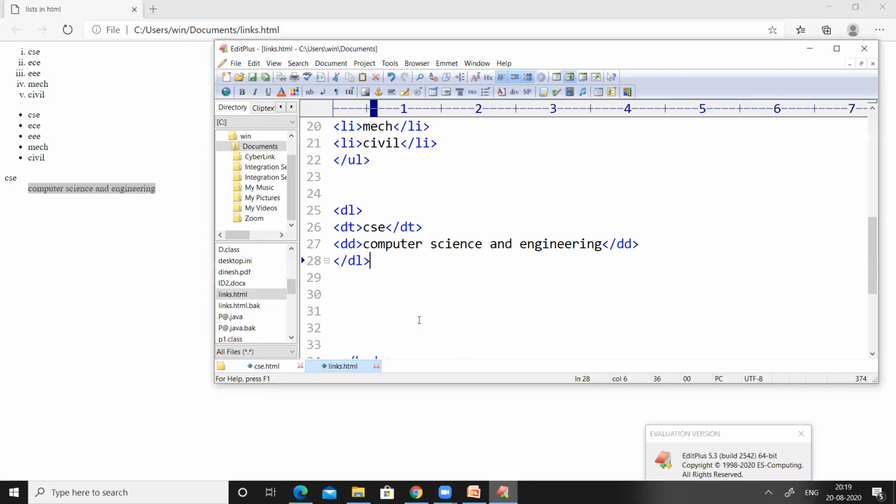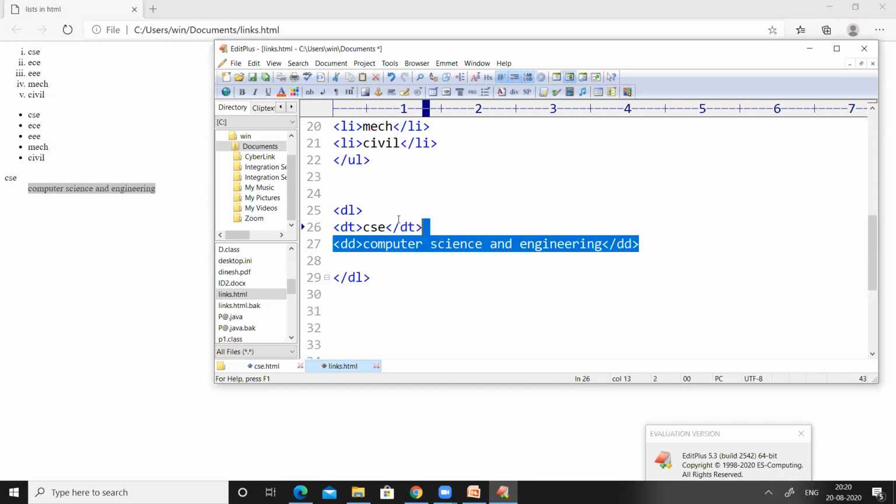So in order to create a description list, we have to use the DL tag. To create a data term, we use the DT tag. To create a description, we use the DD tag.